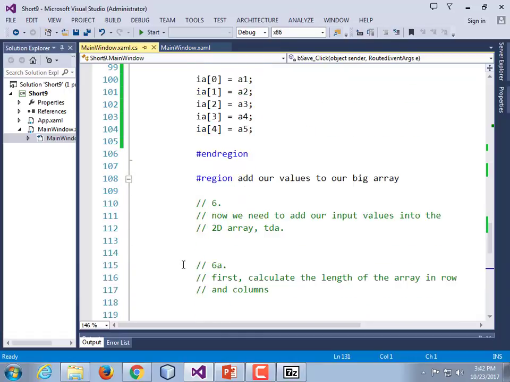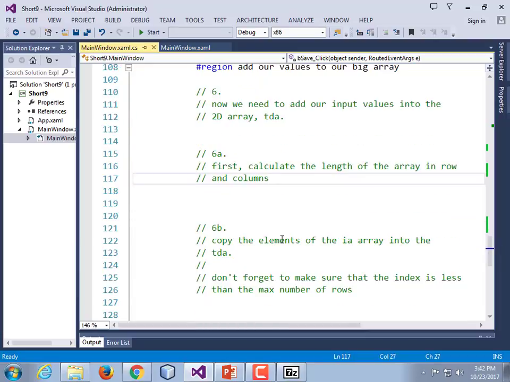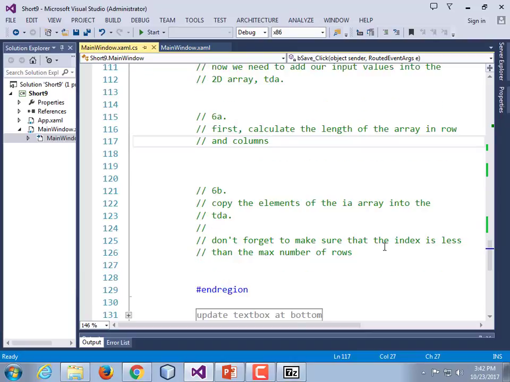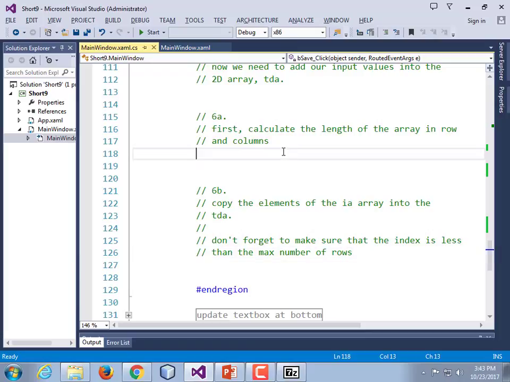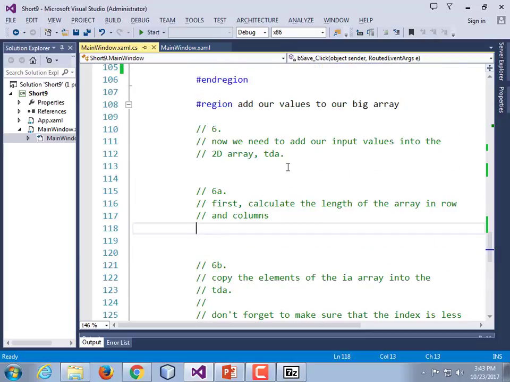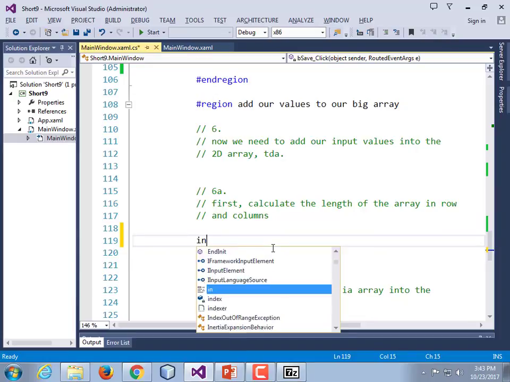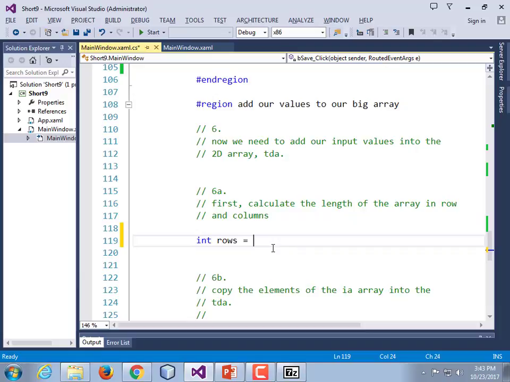Now add our values to the big array. First we need to calculate the length of the array in rows and columns, then copy the elements of the IA array into TDA. Don't forget to make sure that the index is less than the max number of rows. So I guess we're pretending we don't know the number of rows and columns. Why don't we just declare two variables? Rows is equal to